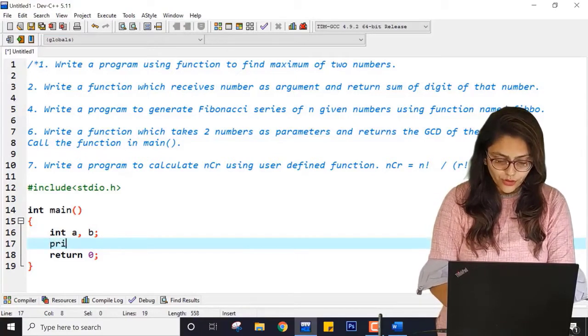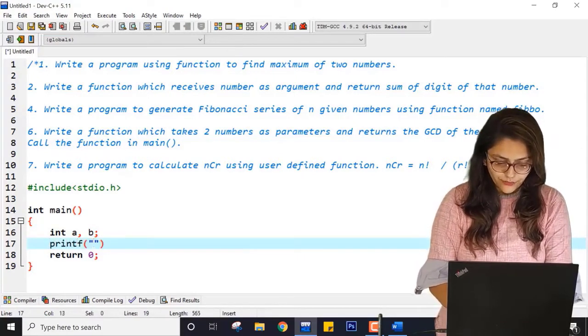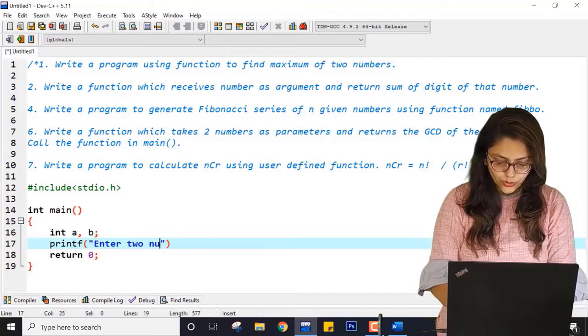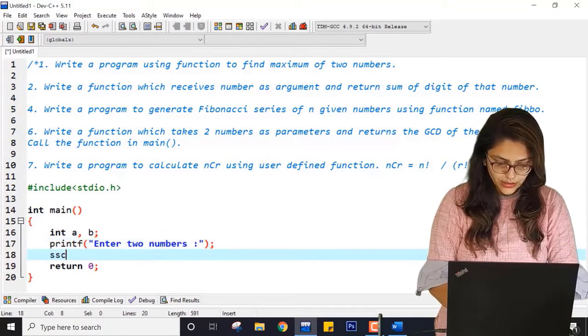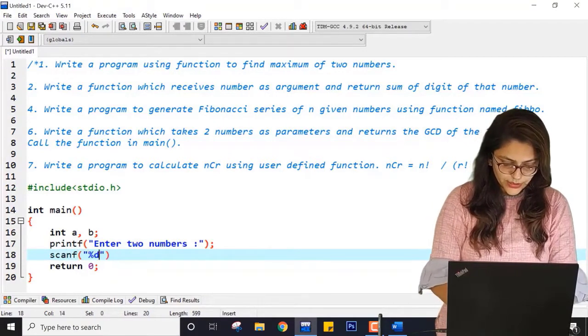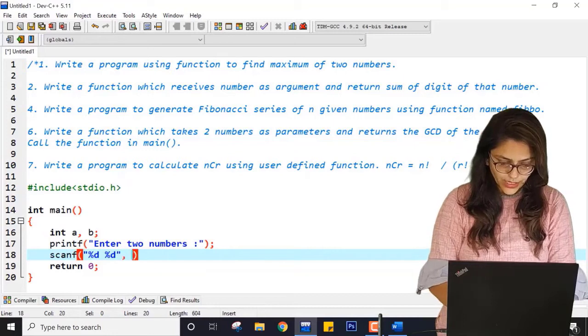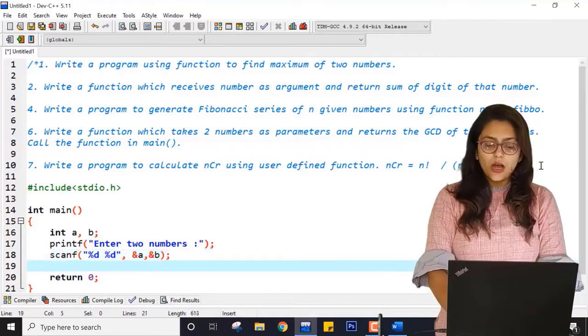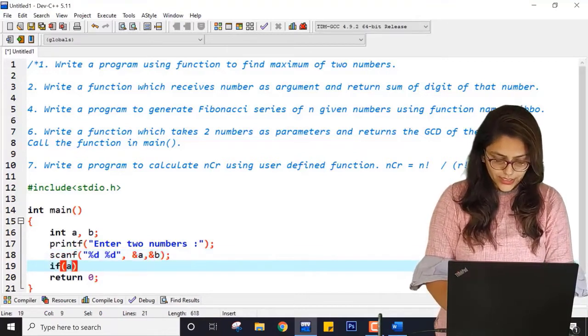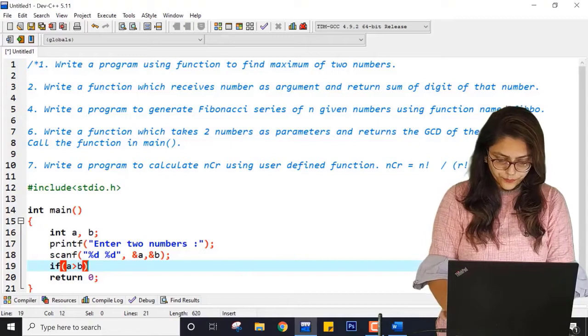So without using a function, I can write printf, enter 2 numbers. Here it will be scanf %d %d, &a and &b, right? Now how can I find if a is greater than b?